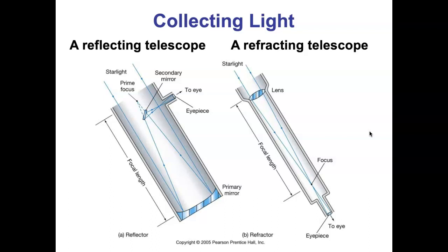There are two major designs of telescope, but they fundamentally have the same job. Collect light, focus that light into a focused image, and then shine that image somewhere useful. Reflecting telescopes use a mirror to do the collecting and focusing, and a refracting telescope uses a lens. Originally, when telescopes were invented in the early 1600s, lenses came first. Lenses were invented before high-quality